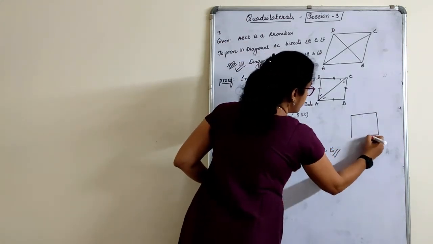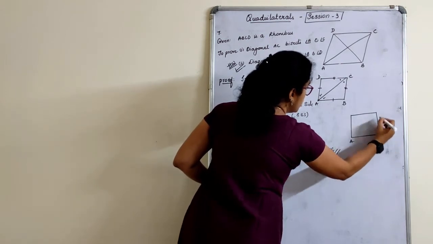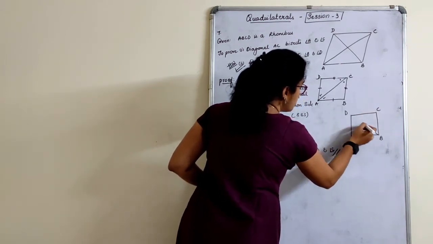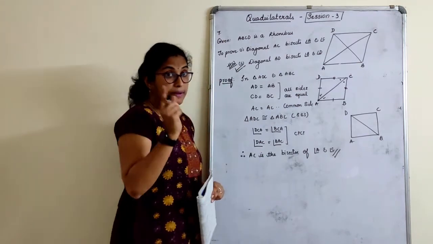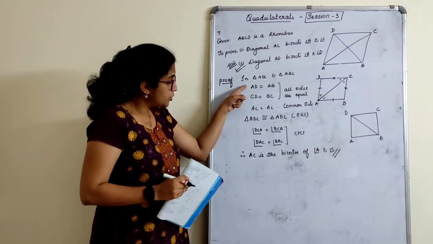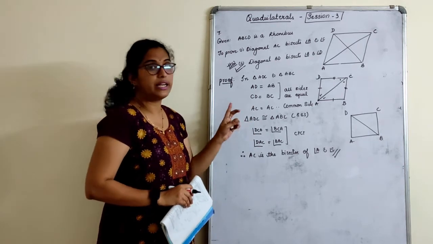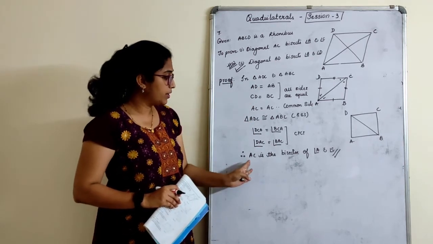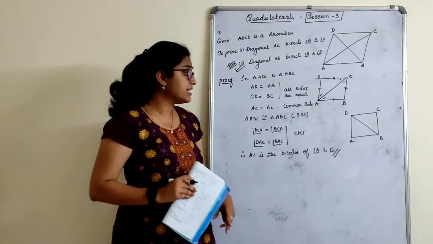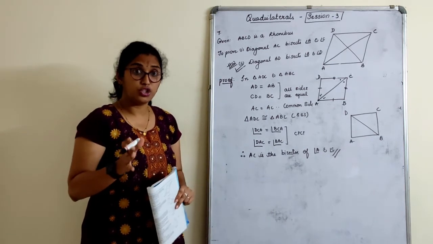You need to redraw it. So when you redraw this, what do you do? A, B, C, D. You choose these two triangles. But make sure that in choosing sides, you choose adjacent sides and do this. That is when you get it. That is how we know that AC bisects angle A and angle C, and that is a truth, children.